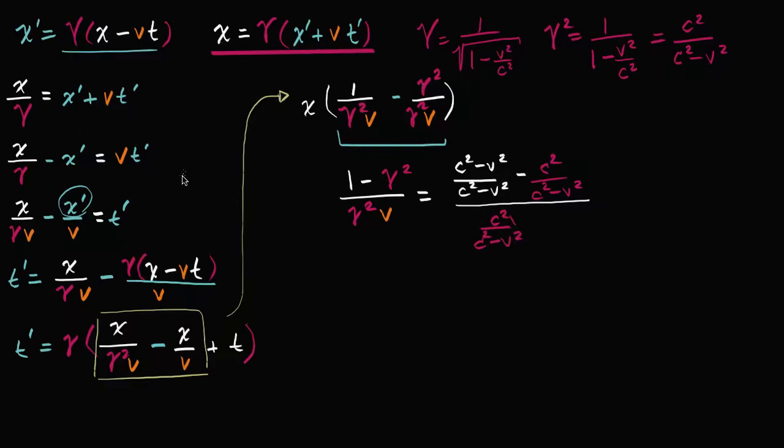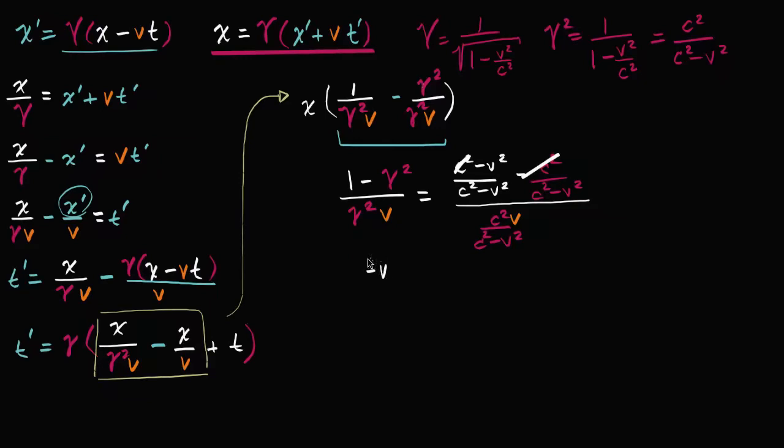All of that times v. And up here in the numerator, I have c squared minus v squared minus c squared. So what's going to happen is, we have the same denominator, so this and that are going to cancel. And so this whole expression is going to simplify to